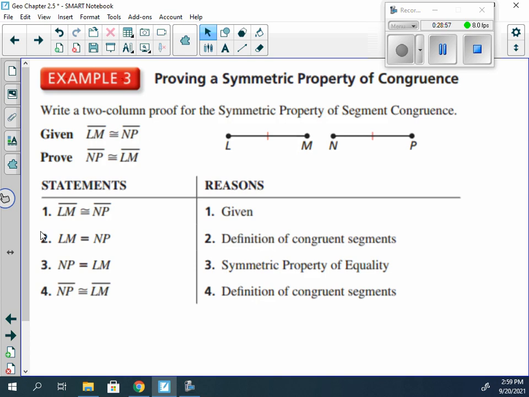So really we start off with the given information. Line segment LM is congruent to line segment NP. Because they are congruent segments, it means their lengths are the same. Symmetric property of equality says I can flip it. And again, because they're still equal, it means that they are congruent. All right, guys, so